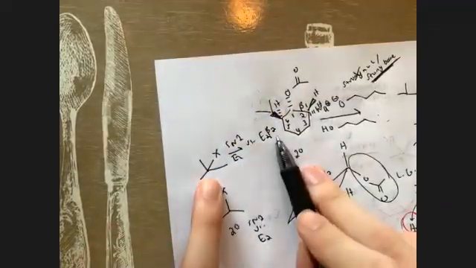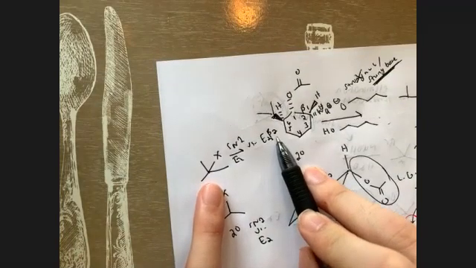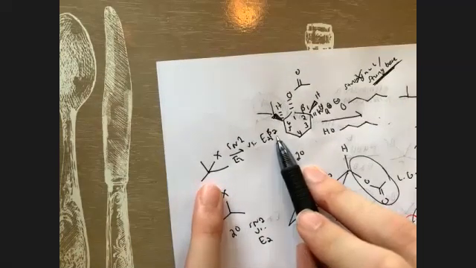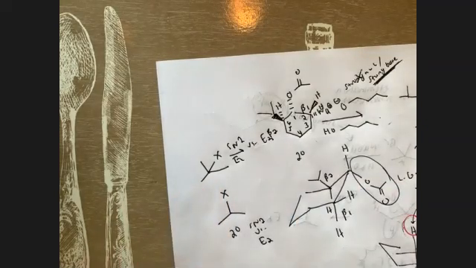We can promote it down E2 if we make this a, how did I do this before? I forget, where's my other problem? You can promote it down, there we go. Where did I show that? I'm totally losing my train of thought. Is it on the other page? Ah, here we go. Yeah. So you could promote it down the E2 pathway by using a strong base